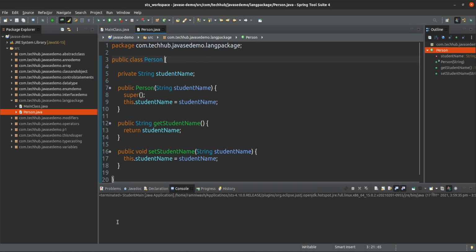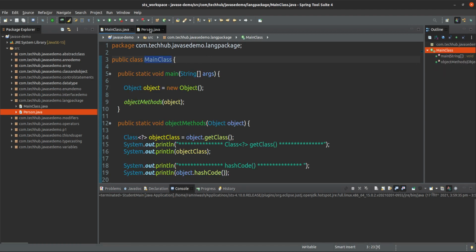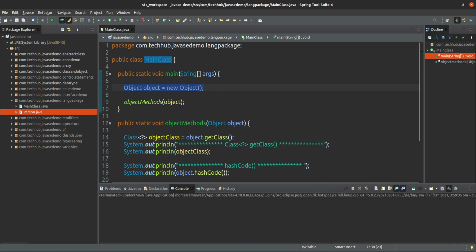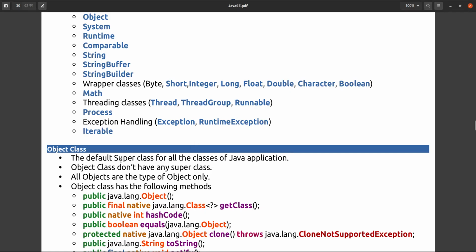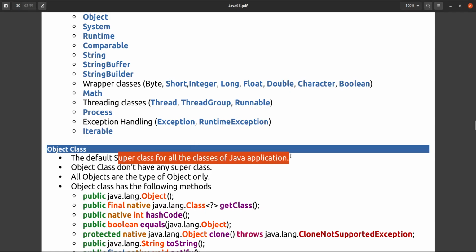So that's why object is the super class for all the classes in Java application. And object class does not have any super class. This is also important. There is only one class in your program or in your application, that is object, that doesn't have any super class.